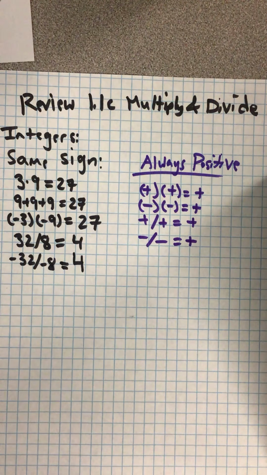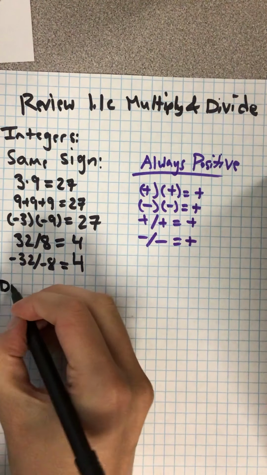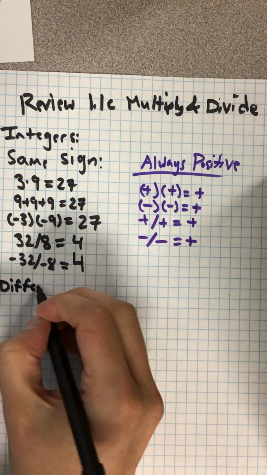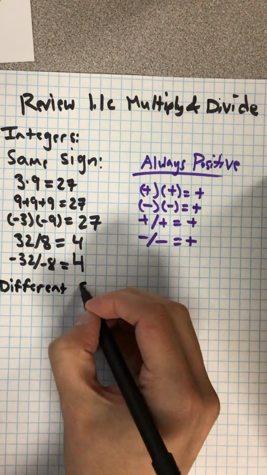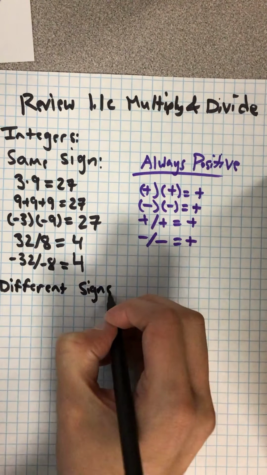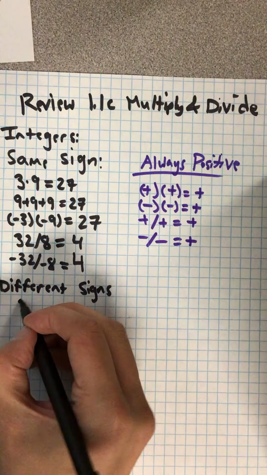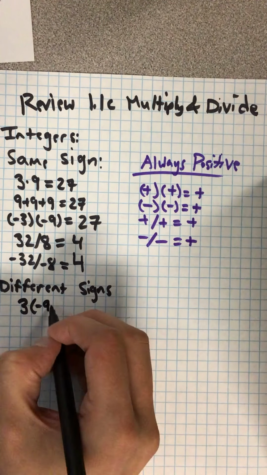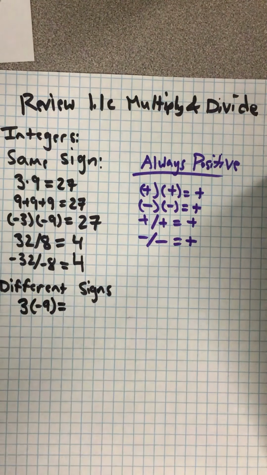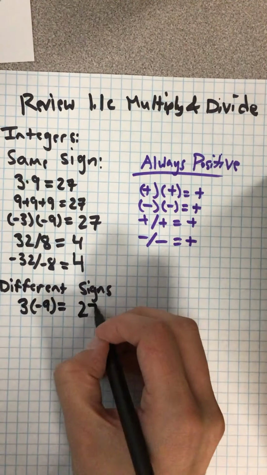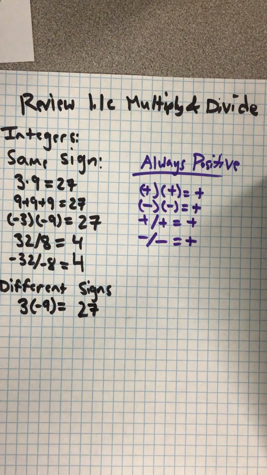Now, let's go ahead and look at what happens when we have different signs. And I imagine many of you are quite clever and are already able to recognize what's going to happen when we have different signs. And we'll begin by looking at 3 times negative 9. Now you know that 3 times 9 is already 27. But the rule with multiplication, when we have opposite signs,